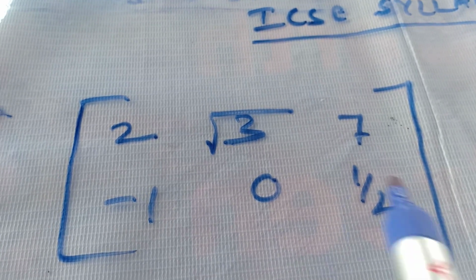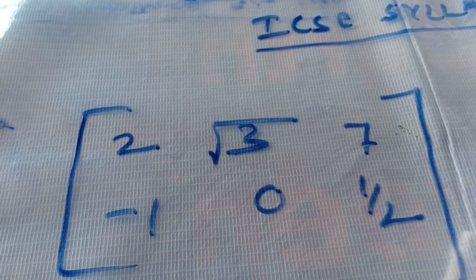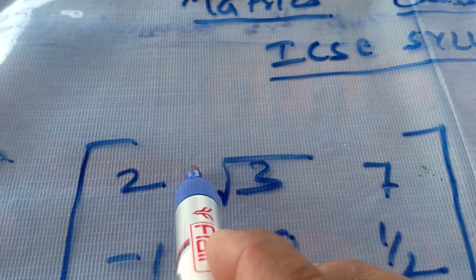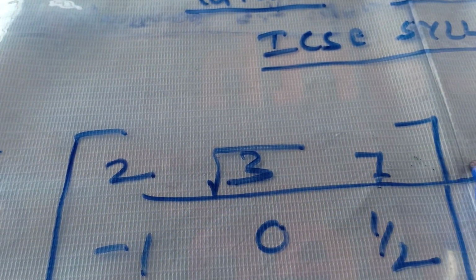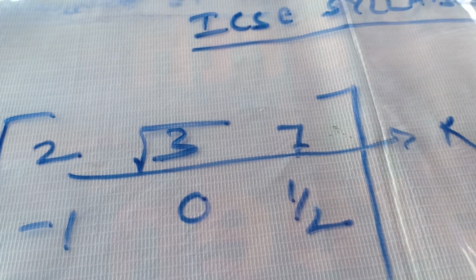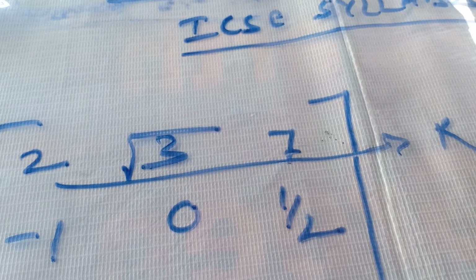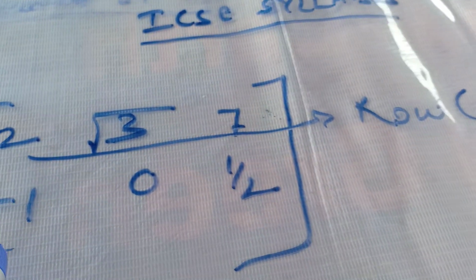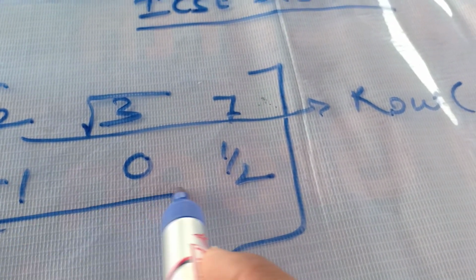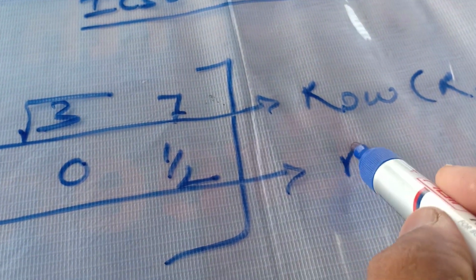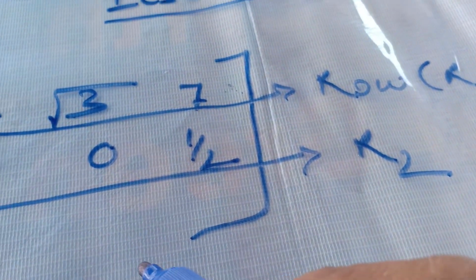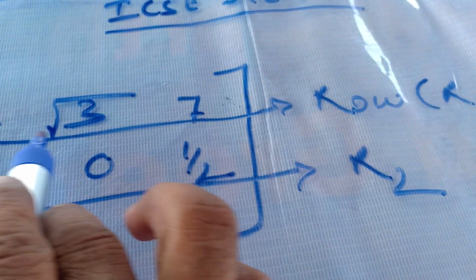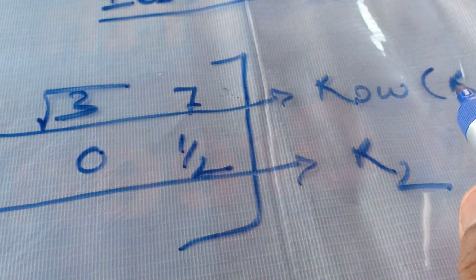And in this matrix you are seeing some elements written left to right, and also top to bottom. And this left to right is called rows and denoted by R. R1, first row, this is R1 I have written. Similarly, the second row, it is like this. This is row 2, R2. Am I clear? That left to right is called rows.